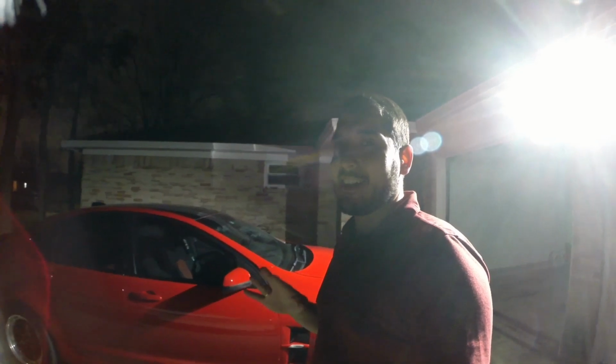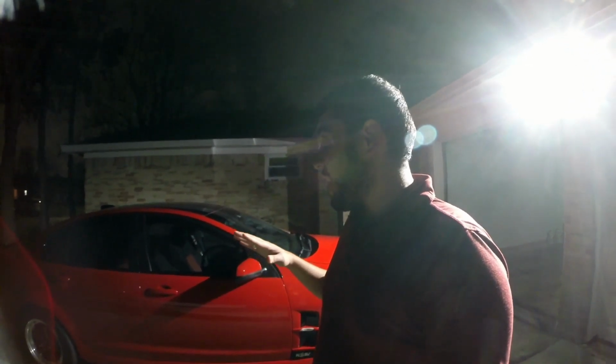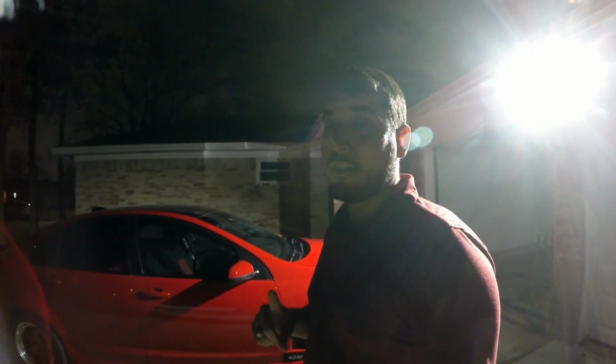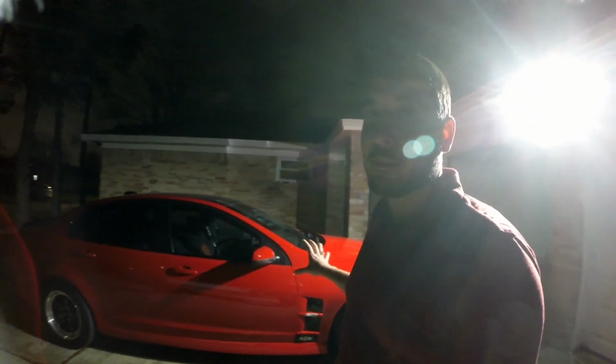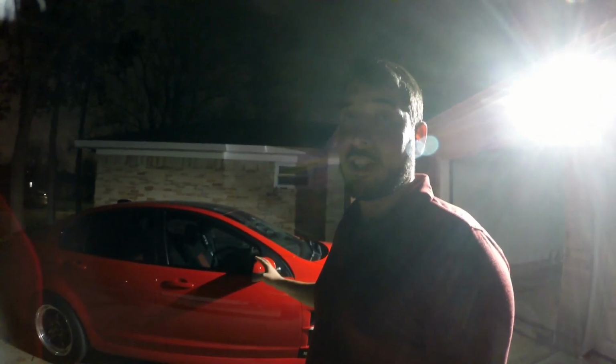But anyways, getting back to talking about what the plans are, and you guys might get a little surprised, and I don't know if you guys like that. You guys can let me know down in the comments below, but I think I'm gonna end up selling this car. I've actually already posted it for sale on the Facebook groups, Pontiac G8 Classifieds, but I think this car is gonna be going, guys. I've had it for a long time. I've done a lot of great things with it. Still has a lot more potential in it, but